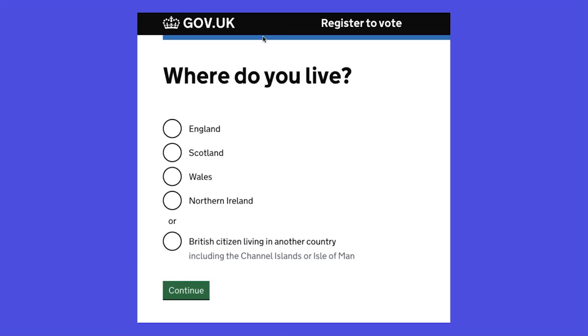What they do is they have a form like this one to register to vote, where every single page gets a single question, right? So they have a header one at the top there, you know, "where do you live?", and then there's just the answers and then continue. That's it, right? But it doesn't mean they have one field per question. They might have several fields. They might ask, say, what is your date of birth? And you've got 3 fields to type in, or maybe something else to select to say, I don't know.